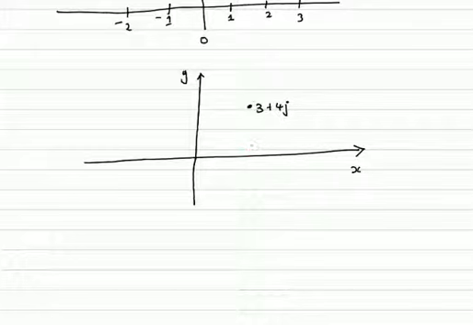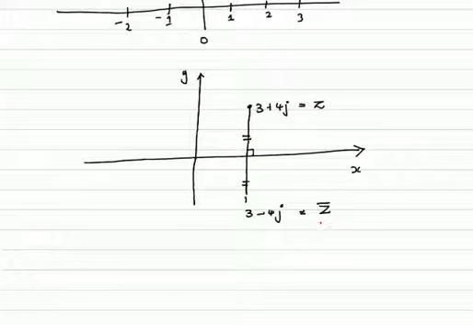Now, in a similar way, reflecting that number across the x-axis, we would have a number here whose real part is still 3. And I hope you can see that if we talk of symmetry, going 4 upwards in j, this side we could go minus 4. So this is minus 4j. So if this number was called z, this number is normally called z bar, meaning the conjugate of z.